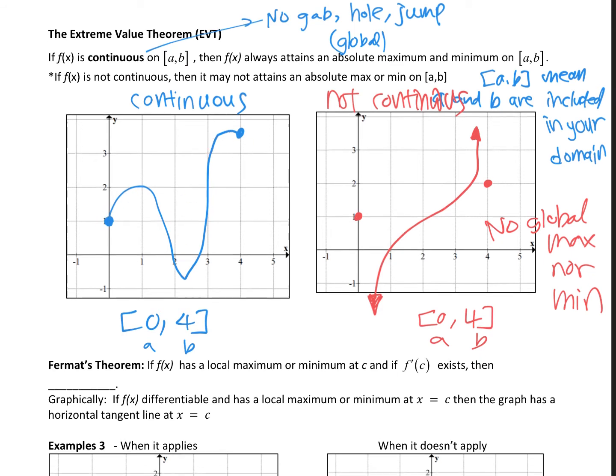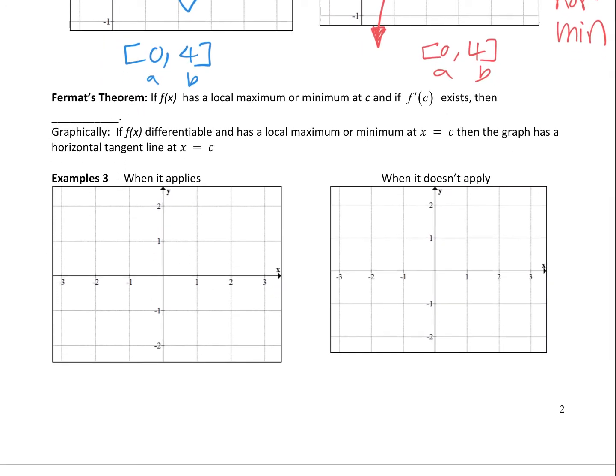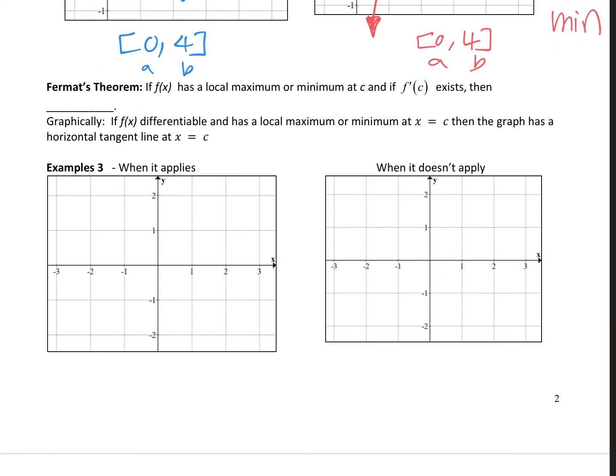All right, let's look at the next theorem. The next theorem is Fermat's theorem. Fermat is the name of a French mathematician. It's pretty famous. It's pronounced Fermat. You don't pronounce the T because it's French. You can just say Fermat. It's fine. f of x has a local min or local max at a point c, and also the derivative